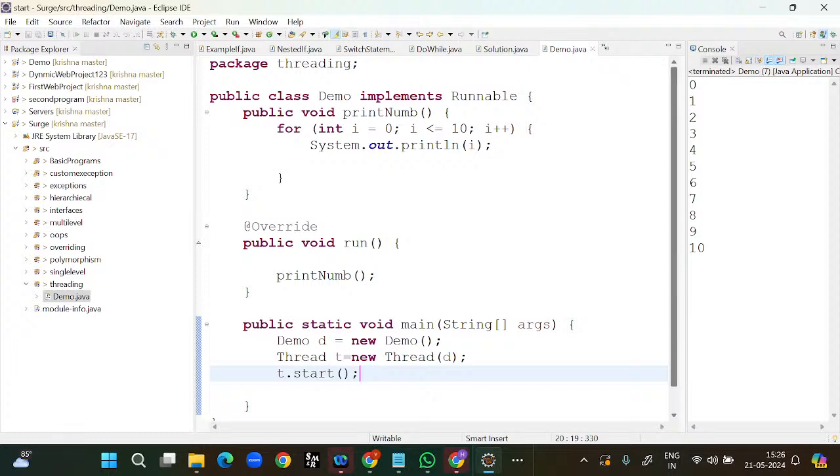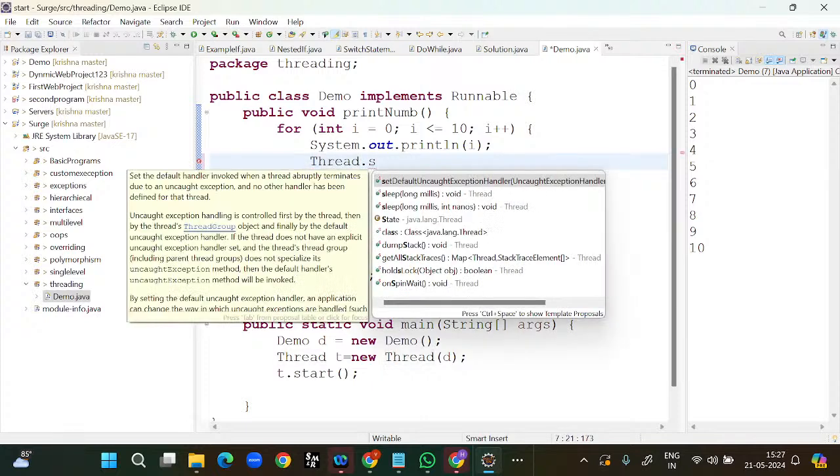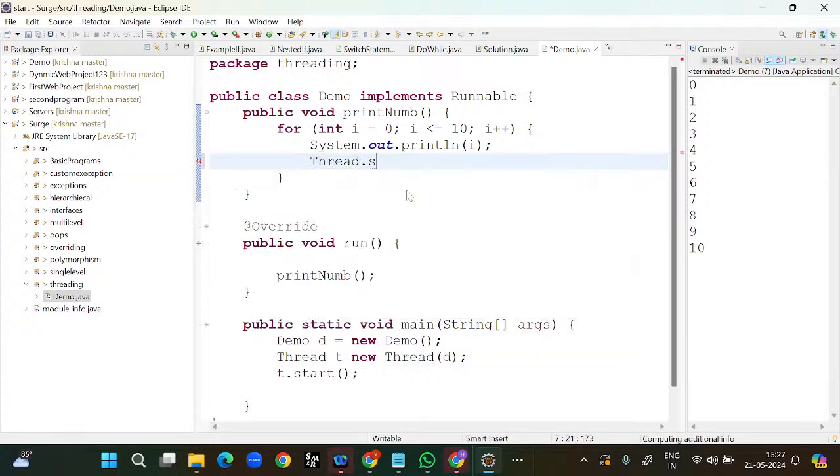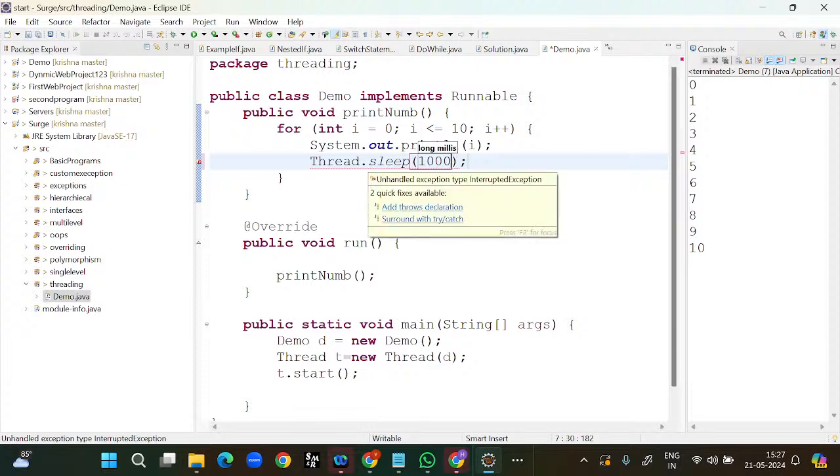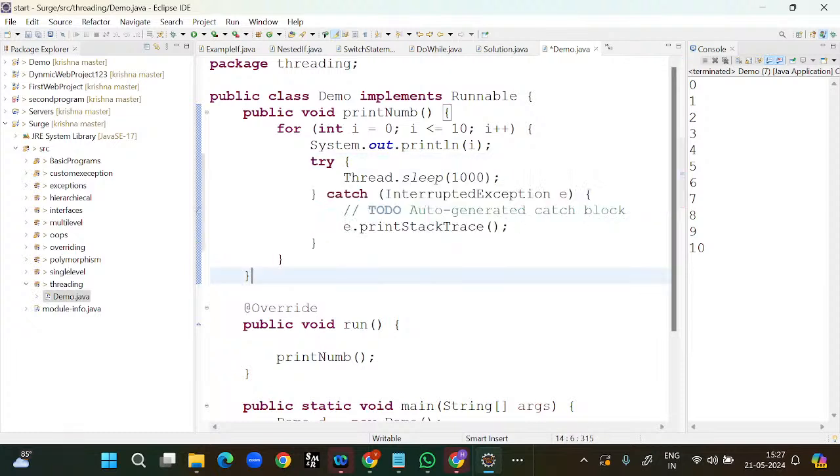But for every number printed, I need to wait some time. I need to wait 10 seconds. For that purpose, I will mention the sleep, Thread.sleep. Here I would like to mention 1000 milliseconds. So we need to surround it with a try-catch block. Now I am running the same file. You can observe first 0, then it will print 1, 2, 3, 4, 5,